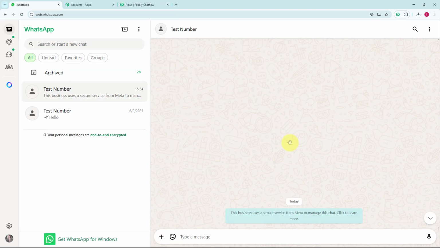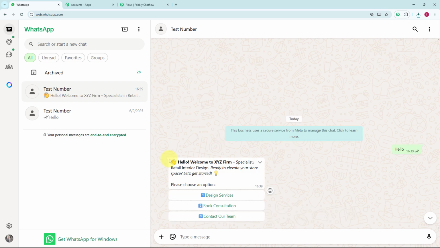Here you can see I have already opened my WhatsApp and now I am going to send a message to the number which I have already connected to my Pabbly Chatflow account, and here this number is saved as test number. So now let's enter hello here. Here as I have entered the message hello, I have already got an automated welcome message that is hello, welcome to XYZ firm's specialist in retail interior design, ready to elevate your store space. Let's get started. Please choose an option, and here we are getting three buttons, that is design services, book consultation